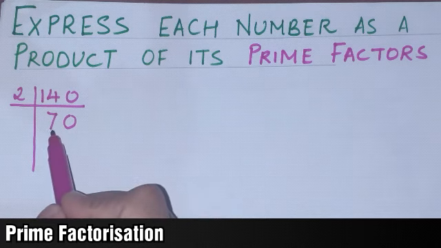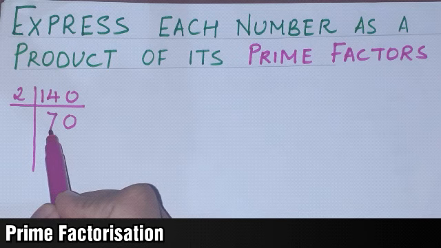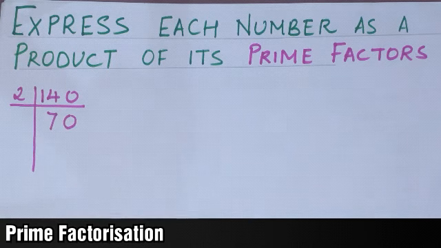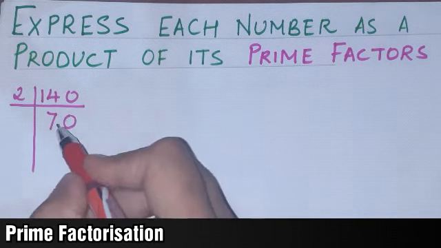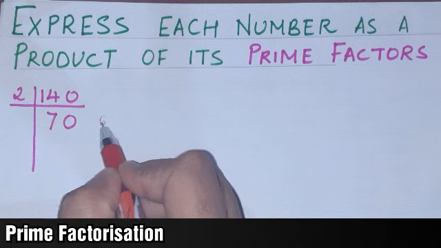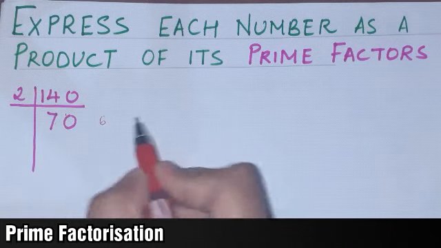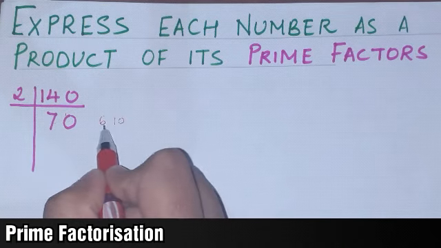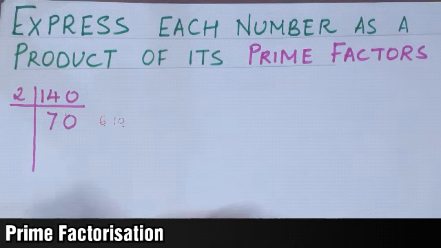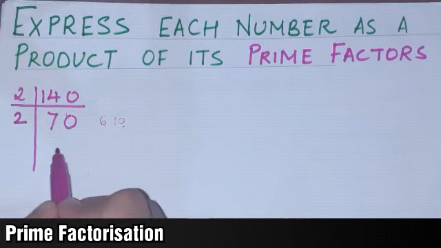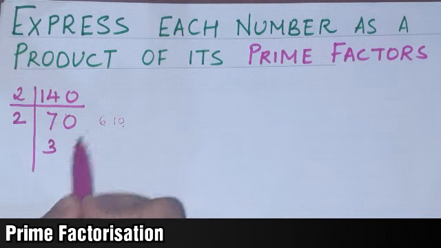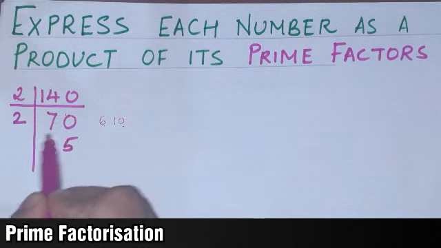So if I make this 7 into 6, and give that carry over here, this will become 6 and this will become 10, correct? I'm showing you all here. If I make this 7 into 6 and give a carry to this, it will become 10, correct? And 6 and 10, both these numbers are there in the 2 table, correct? So 2 3s are 6 and 2 5s are 10, correct?